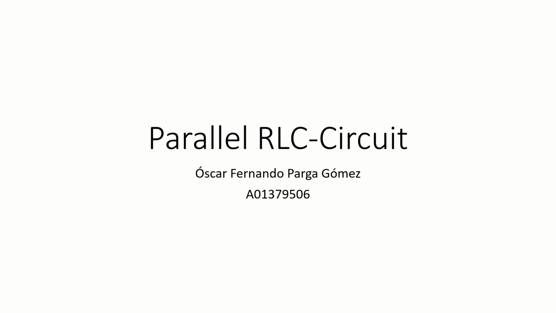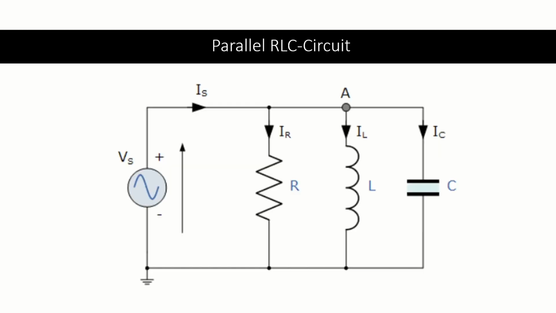Hi, my name is Óscar and I'm going to explain the parallel RLC circuit. In a parallel RLC circuit, the resistor, the inductor, and the capacitor are connected in parallel to each other across a voltage supply, in this case Vs. As we can see in this circuit, Vs is common to all three components, whilst supply current Is